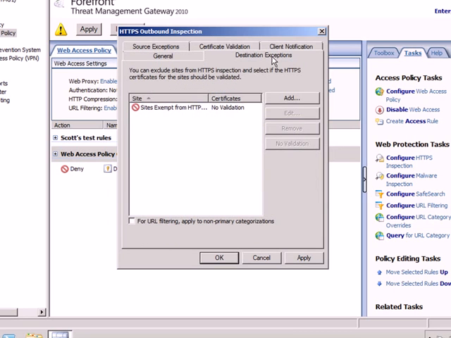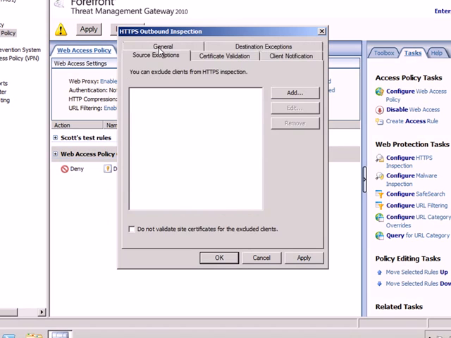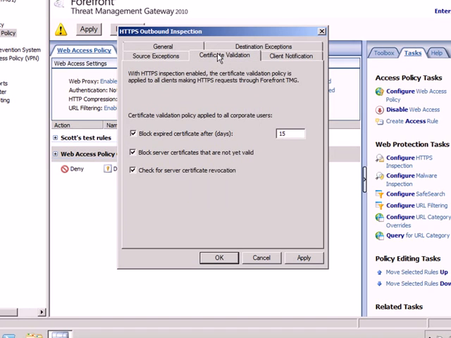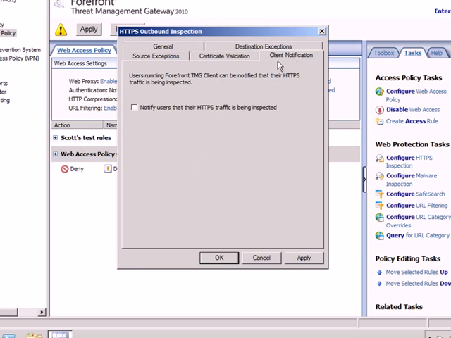And we'll take a look at the rest of the configuration. We have some destination exceptions. So these are sites that are exempt from HTTPS inspection. We're not going to have any sites that are exempt for now. Then we have source exceptions. So what clients would I like to exclude from HTTPS inspection? The certificate validation settings we talked about before, and client notification. I want to enable client notification for GlobalMantics. So I want to select the checkbox next to notify users that their HTTPS traffic is being inspected,